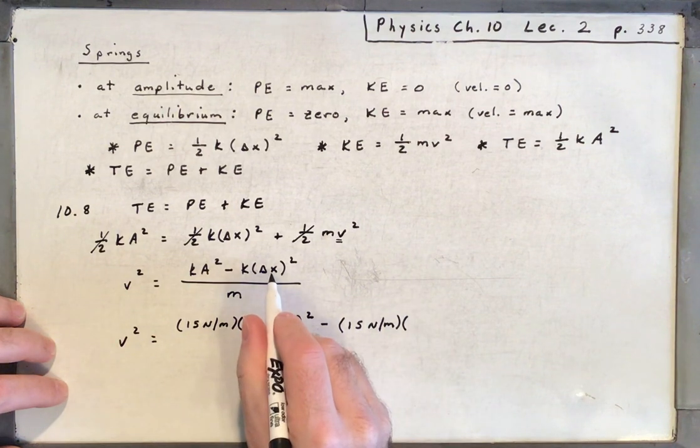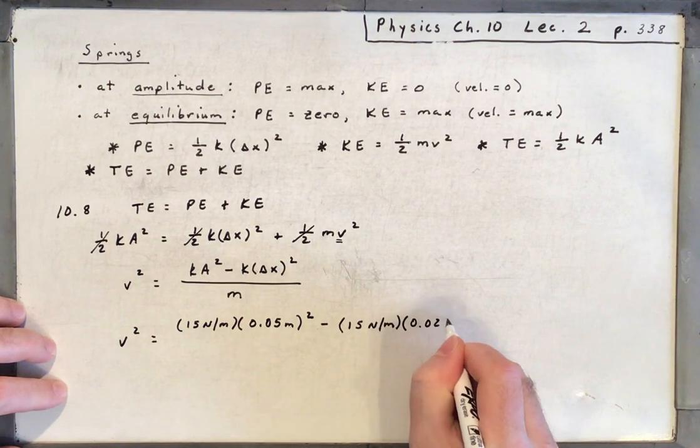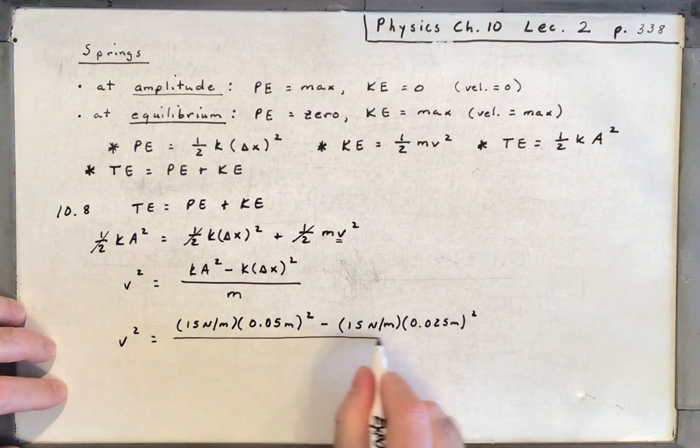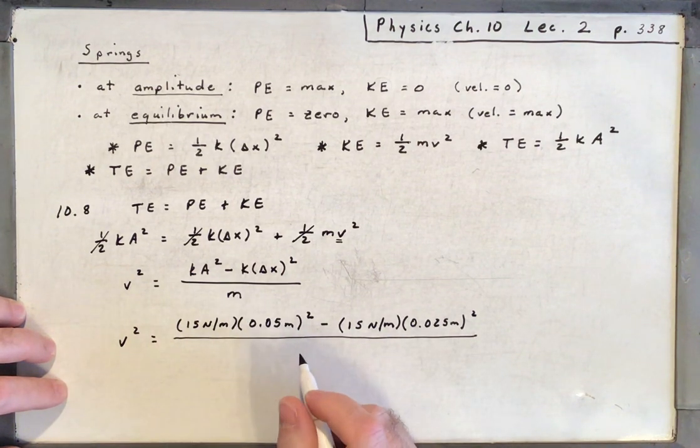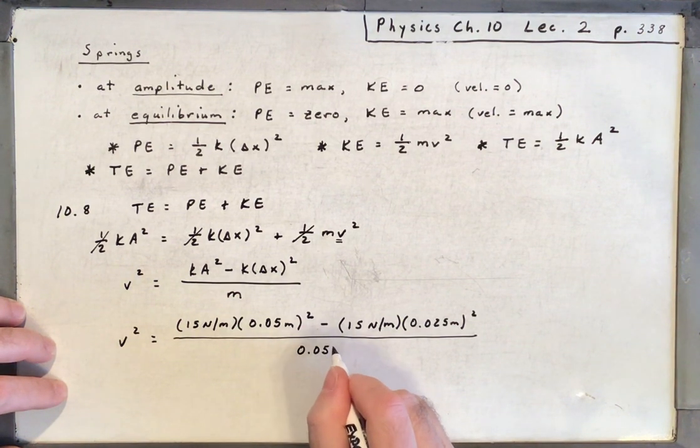Delta X, our position of interest, is 2.5 centimeters, so that's 0.025 meters. And then divide that by the mass, which is 54 grams. We've got to change that to kilograms, 0.054